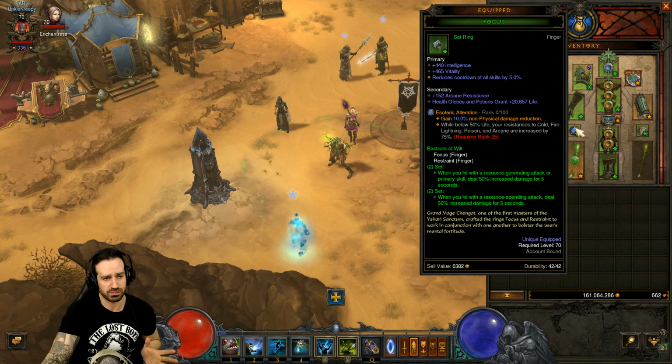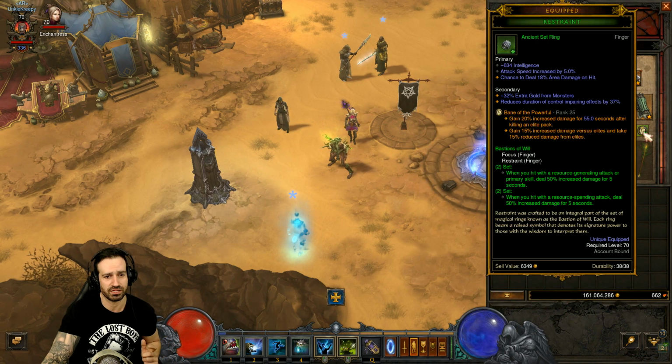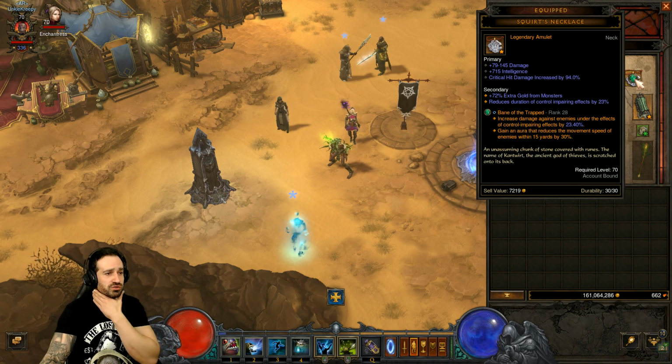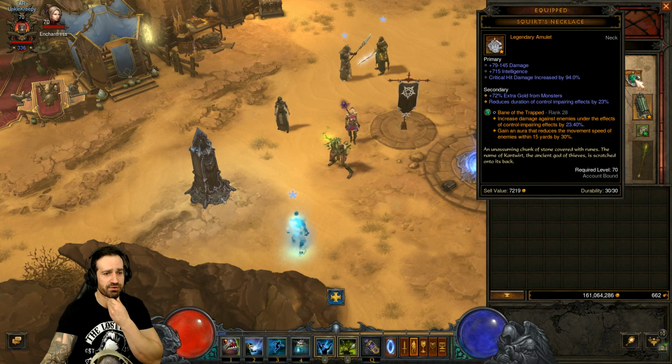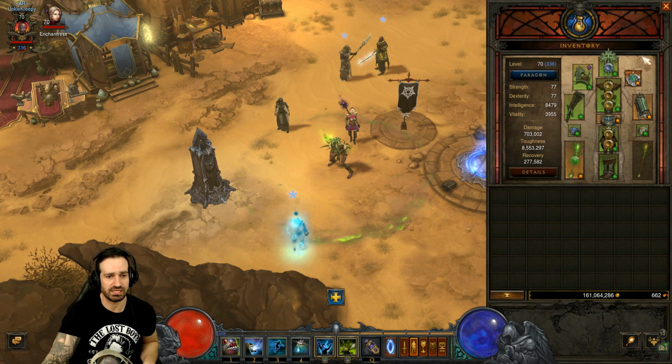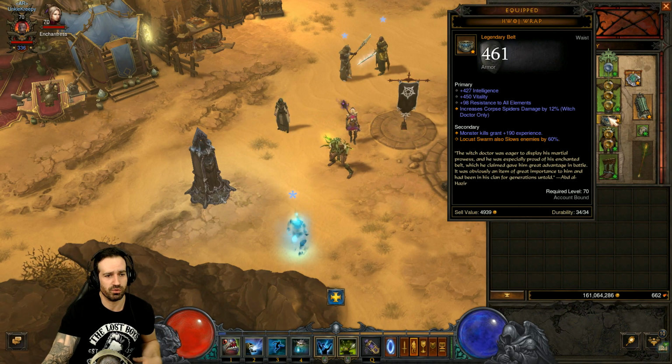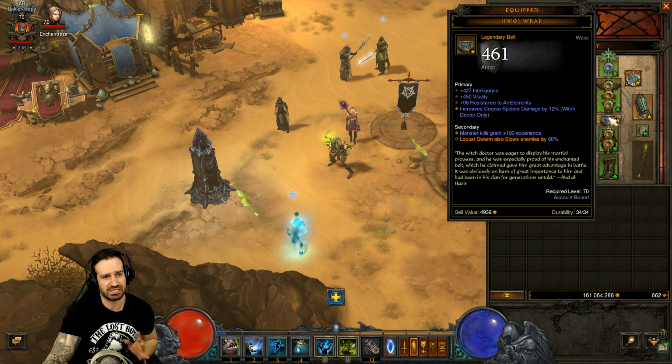I've got the Esoteric Alteration gem equipped for damage reduction. At the moment I've got Bane of the Powerful, but I'll change that. And Bane of the Trapped obviously is a go-to legendary gem for most builds these days. Other than that, I've got Hawaii Wrap, which Locust Swarm also slows enemies, but this is something I need to